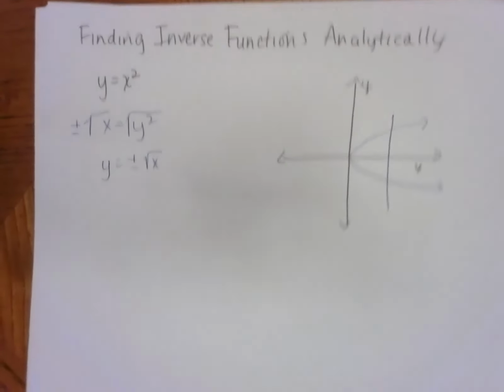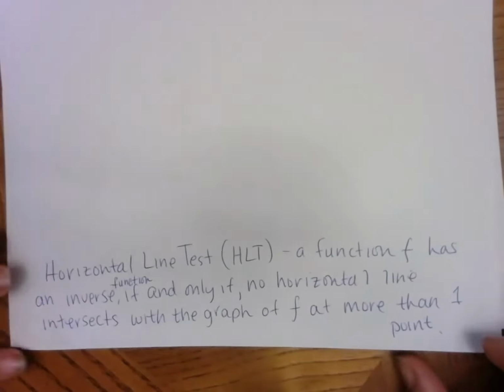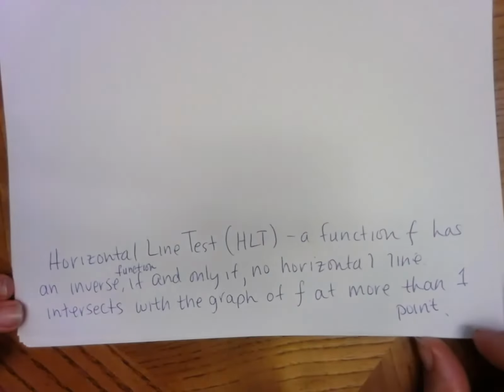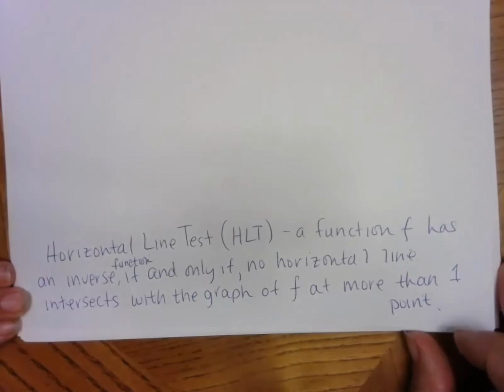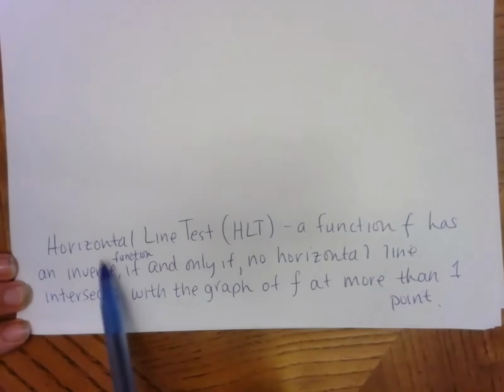We have a vertical line test to show that something is a function, and now we have the horizontal line test, HLT for short: a function f has an inverse function if and only if no horizontal line intersects the graph of f at more